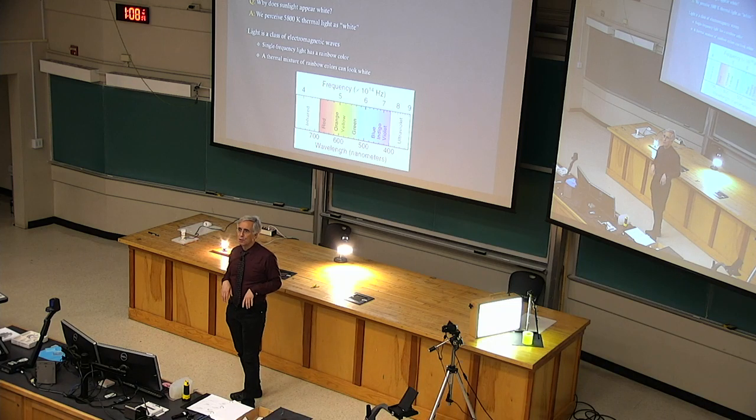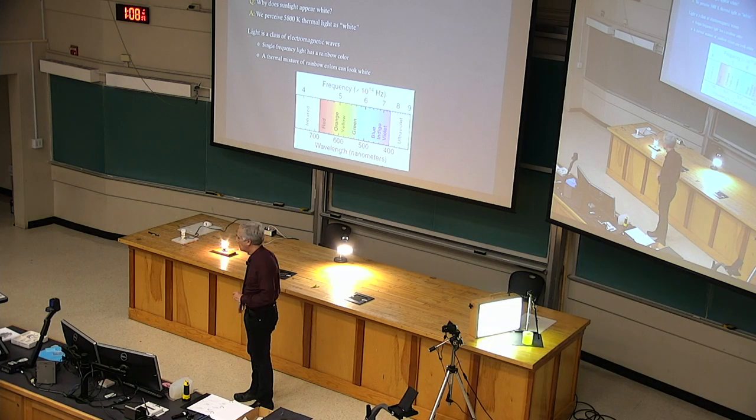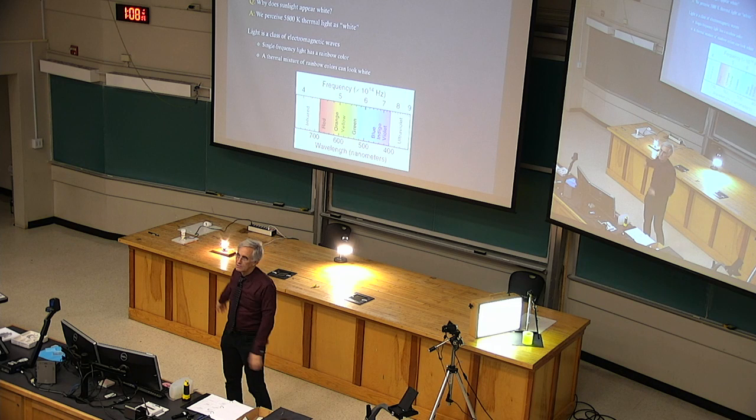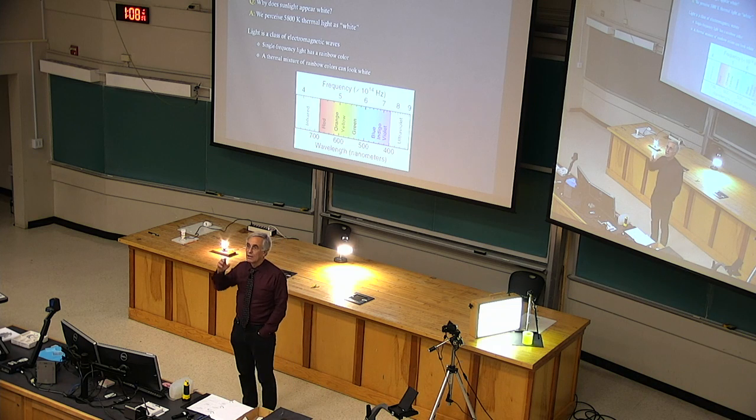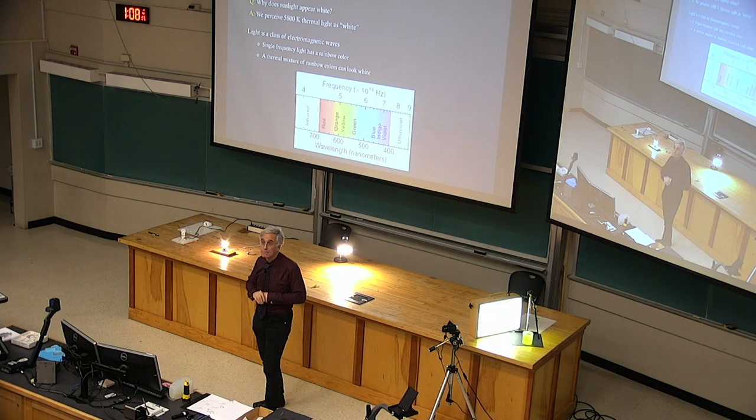So low temperature surfaces, where low is relative, it'll still burn you, but it's not hot like the sun, produce a spectrum that's shifted heavily towards the low frequency, long wavelength part of the spectrum, which we see as red light. So if I talk about shifting towards the red end of the spectrum, it's toward those longer wavelengths, lower frequencies, all right? So going to lower temperature shifts you towards the red.